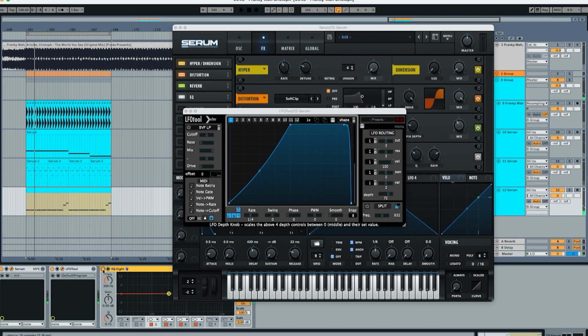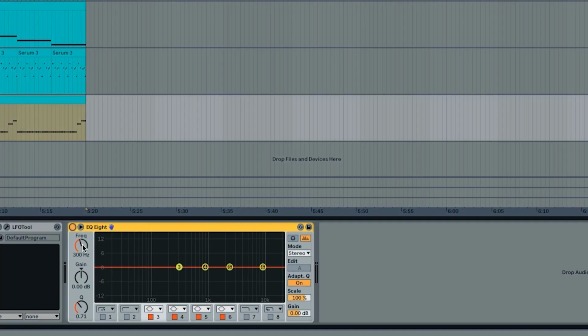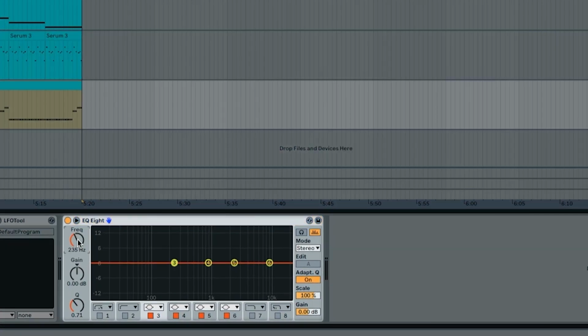And now we have to go here in another EQ. And in this EQ, we have to go here at 235. And we'd have to do a 5 dB boost. And we also have to go here at 843. And we have to do a 2.11 boost. If you compare all these layers to the original right now,